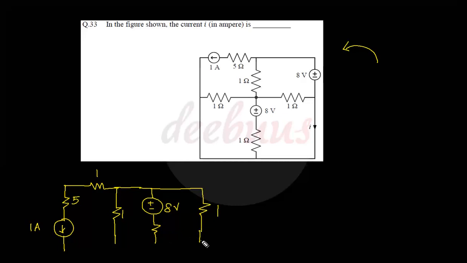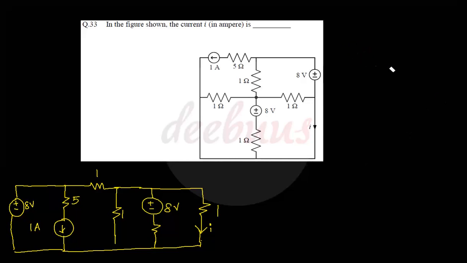Now at this end an 8 volt is there, so first of all I am connecting these terminals, and at this end there is an 8 volt with a negative terminal here. So that end is also this end, and I am marking it in this direction: negative, plus 8 volt. The positive terminal ends at the 5 ohm, 1 ohm terminal. Now check the figure. It is basically a nodal analysis figure, so always try to redraw it, and I am sure that all of you can attempt this question too.